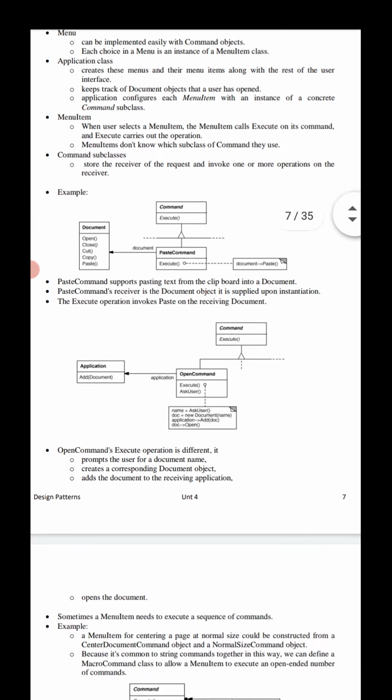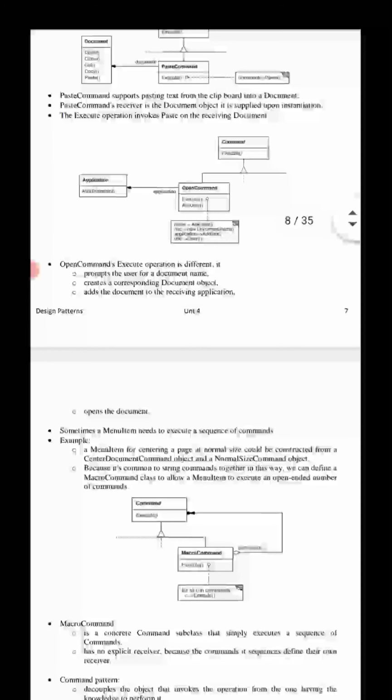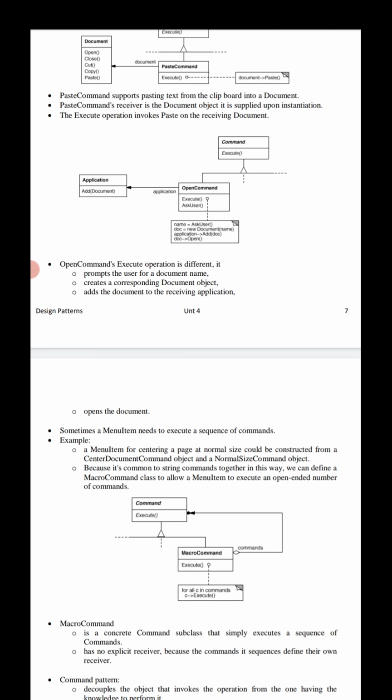Sometimes a menu item needs to execute a sequence of commands. For example, look at the menu item for centering a page at normal size.